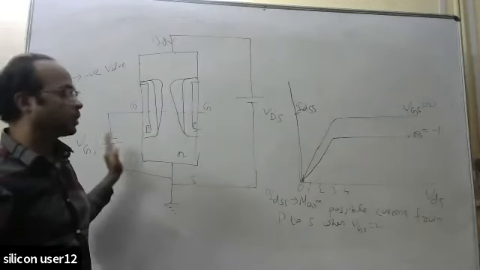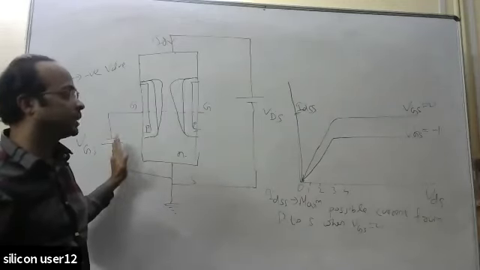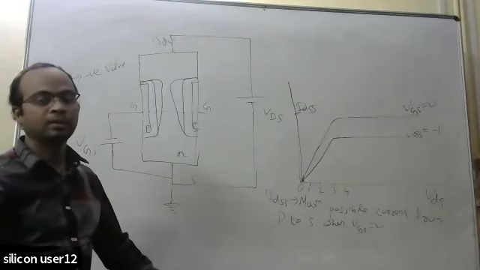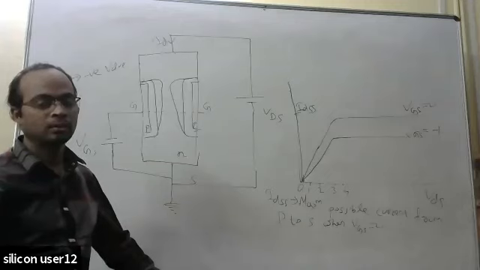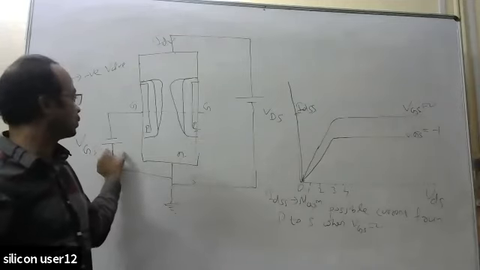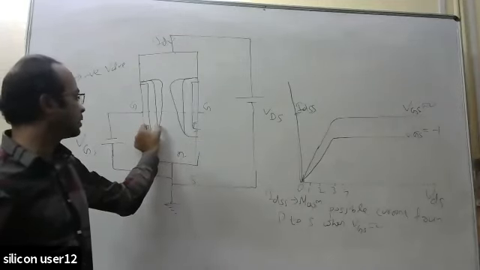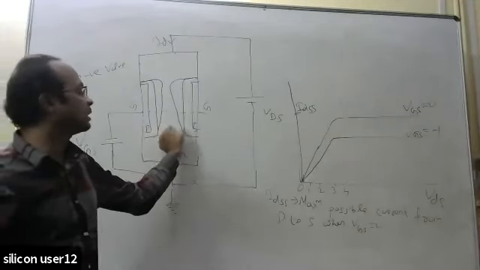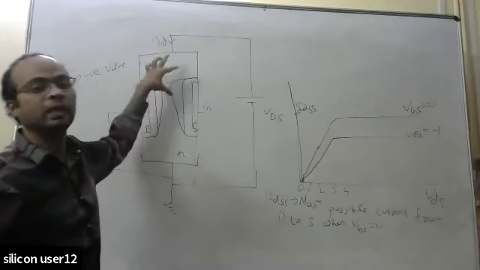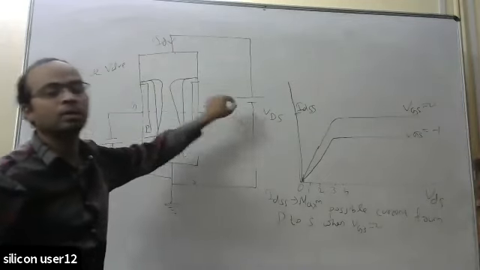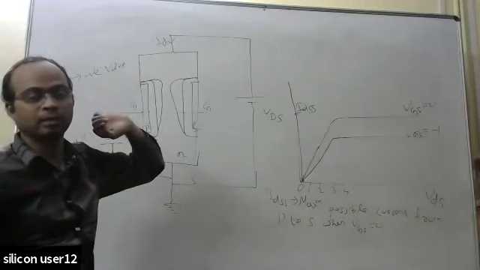If I am giving -2 volt and want to plot for VGS equal to -2 volt, how will that be? That will be lower. Because when VGS is -2, from the beginning itself this depletion will be thicker. Okay, so if it is thicker, with a lesser VDS value also they will touch each other. That means with a very small VDS value the current will become saturated, constant.